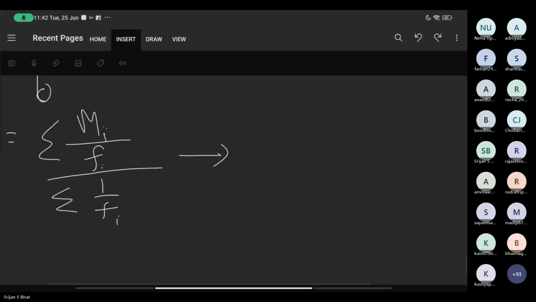So, any questions about both of these algorithms?